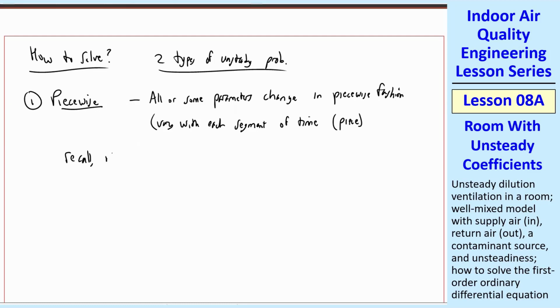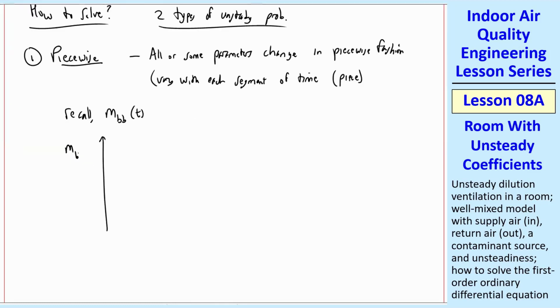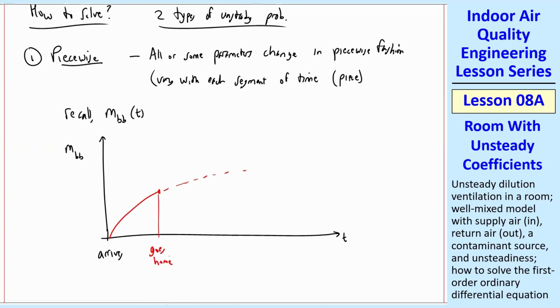Recall back when we talked about mass body burden, MBB, for a worker that arrives at work with no concentration of the chemical in his body, and then he starts heading towards some steady state value, say for the workday, but then here he goes home. So his mass body burden starts to tend towards zero. So the steady state value would be zero, but at some point he comes back to work,